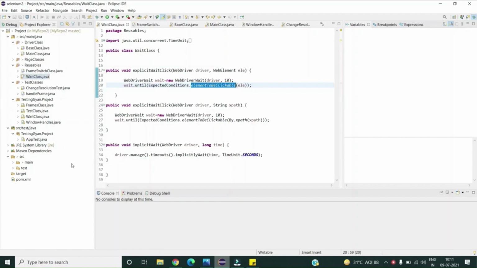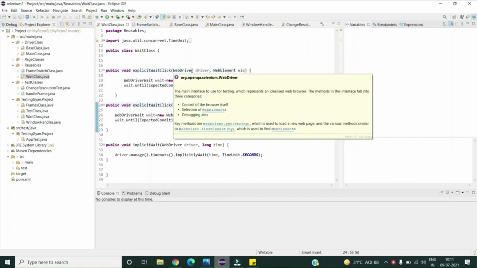So this is my automation project, okay, and in my project I have this wait class, which is a reusable class. In this wait class I have an overloaded method, which is explicit wait click. In one method I am passing a web element as the argument type, and in another I am passing a string as the argument type, and based on my requirement I can call this method in my